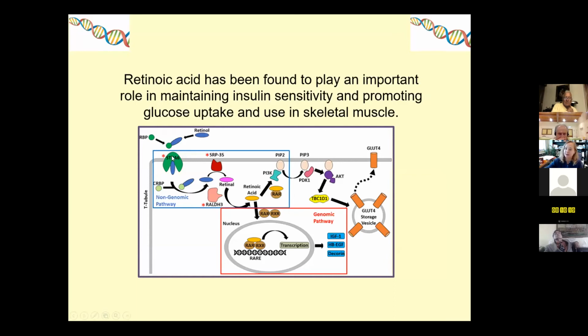We see here retinol then combines with its receptor. It is converted in a non-genomic pathway to retinal by SRP35, which is converted to retinoic acid by an aldehyde dehydrogenase. This then goes and affects the genomic pathway. It leads to transcription of IGF-1, HBEGF, and decorin genes. All of these work together to modulate the activity of the glucose 4